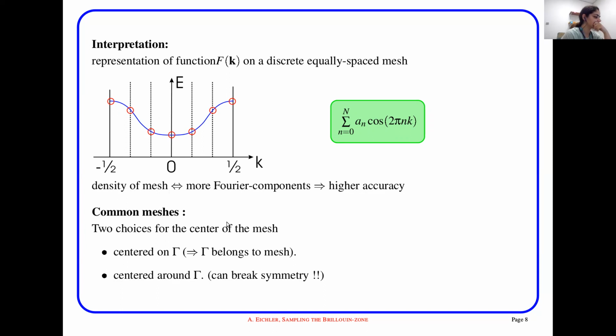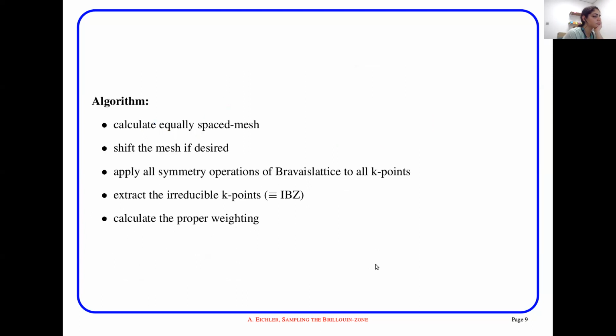Okay, and then as we say, there are two choices. One is centered on gamma, so gamma is a 0, and then you can also shift the center, so put the center in the middle of your mesh. Think about the mesh: you can center it either on the gamma, on that 0 here, or you can center the mesh on a point here, depending on the system. Usually, we always use gamma center, so that is easy for you to imagine.